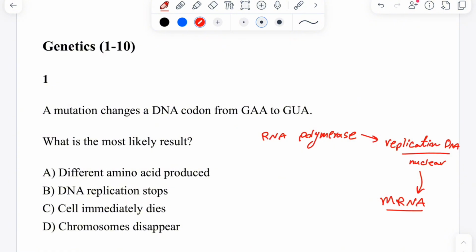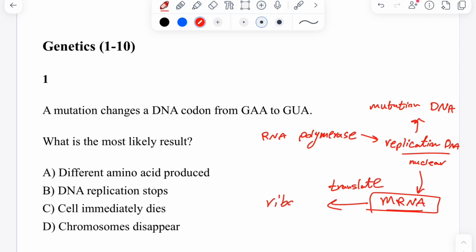So, a mutation in DNA can change the final mRNA, and mRNA translates in the ribosome in the cytoplasm. So when the mRNA changes, the final product of the ribosome, the amino acid,